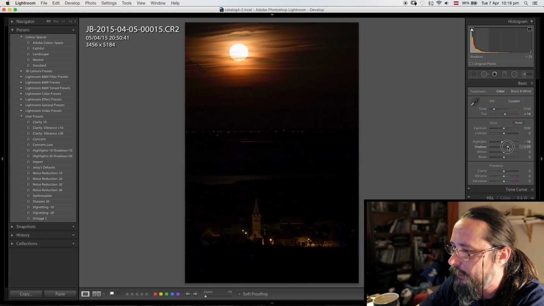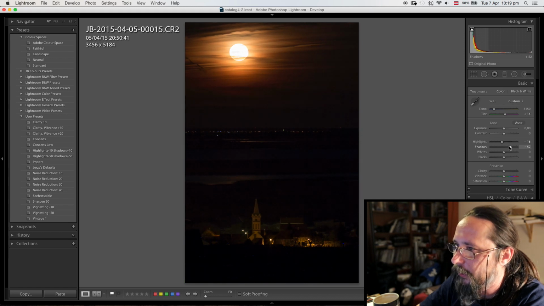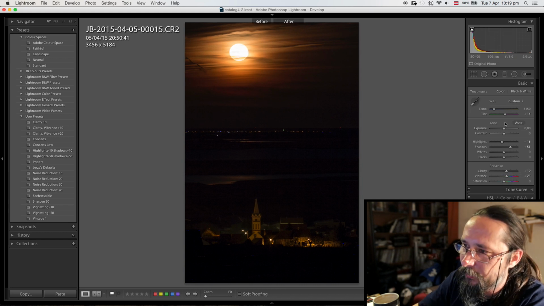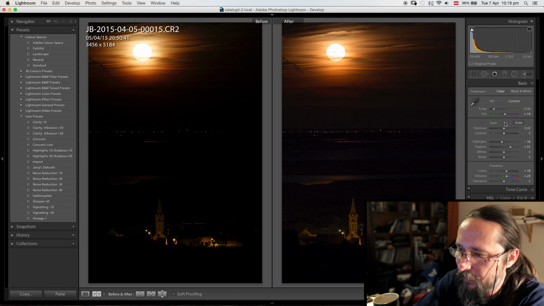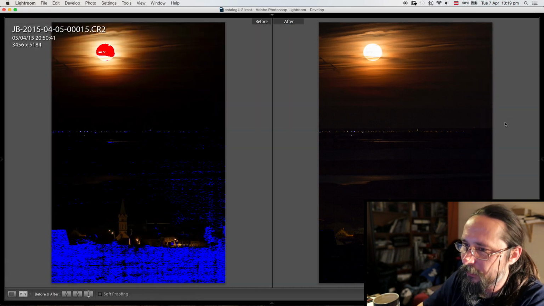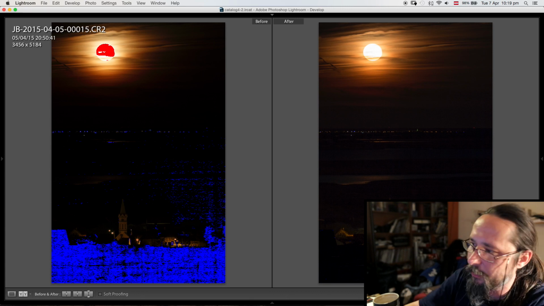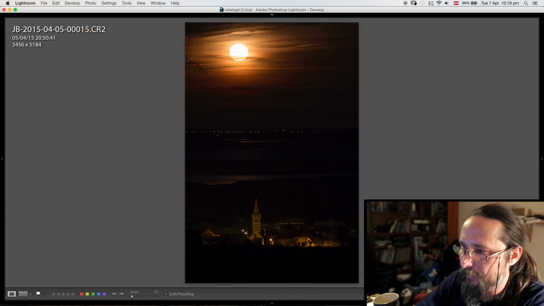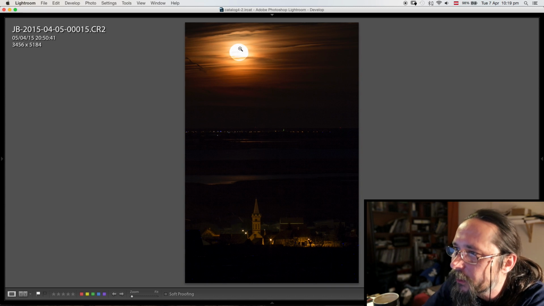Theoretically I could bring them back, but let's put some clarity, vibrance. It's good enough. So basically it's the same colors. I just reduced the highlights and recovered the shadows, but I want to get more details here in